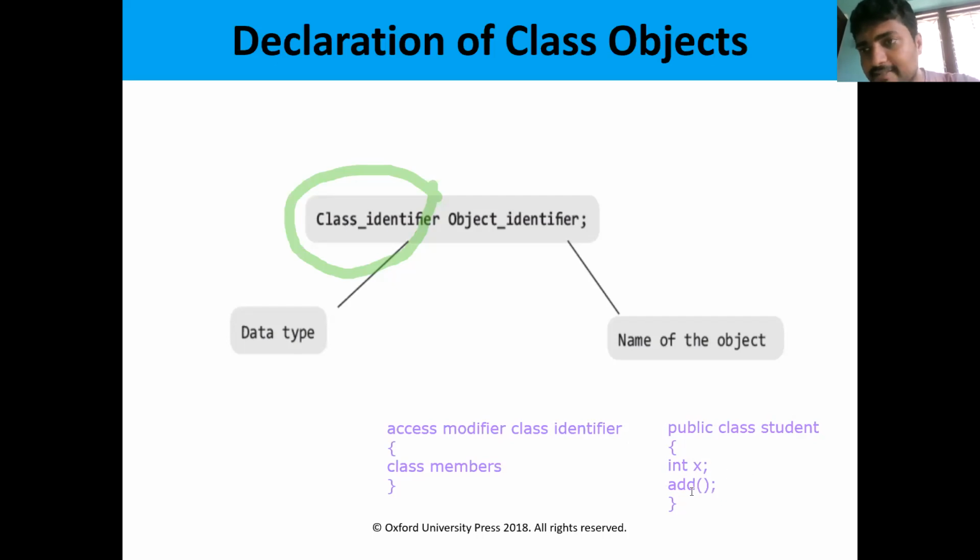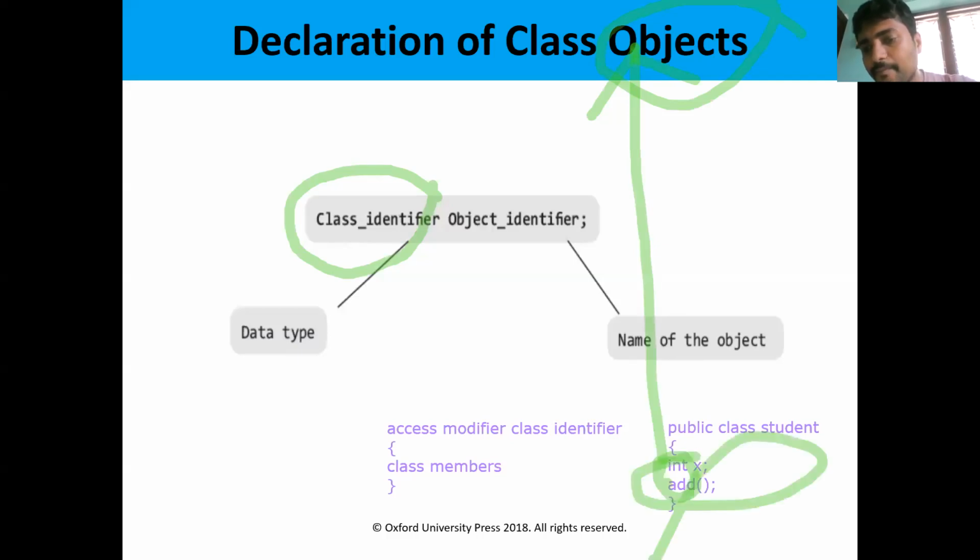So these members have to be accessed. That means the x value is equal to 10, that has to be printed. Method add, c is equal to a plus b, that has to be done. These variables or methods are accessed by using the objects. We need the object in order to access these things. Without the object, we cannot directly print the variables or methods, unless we declare the variable or method as static.